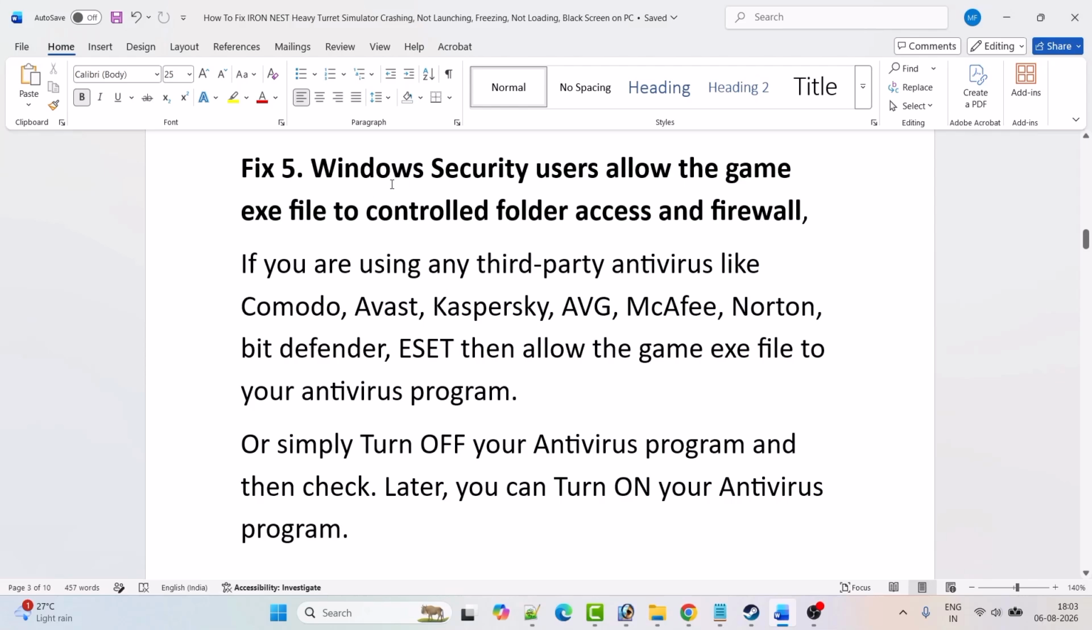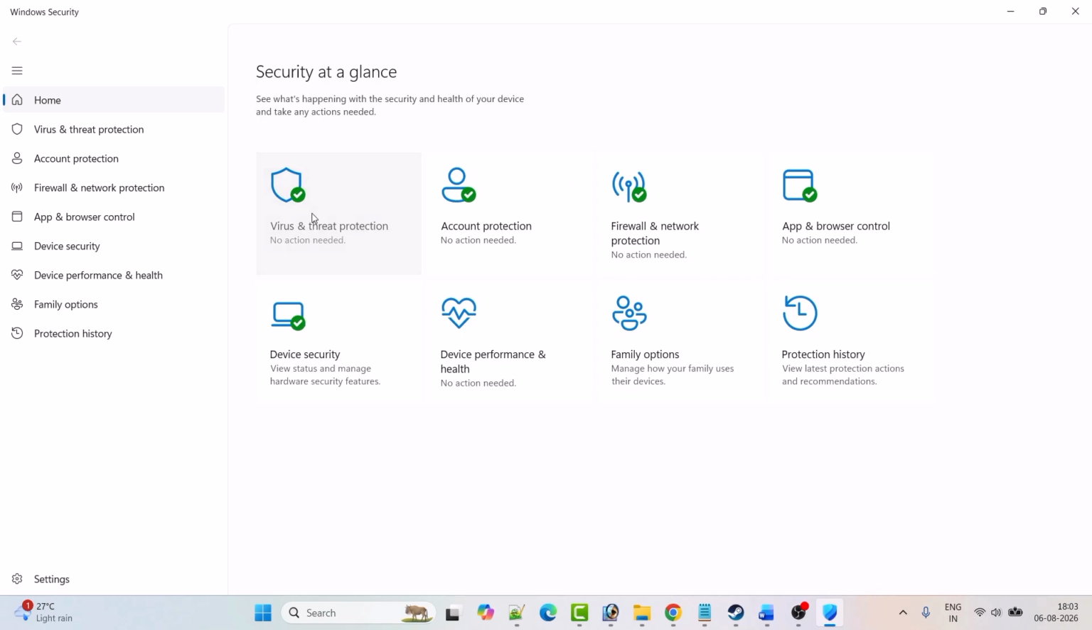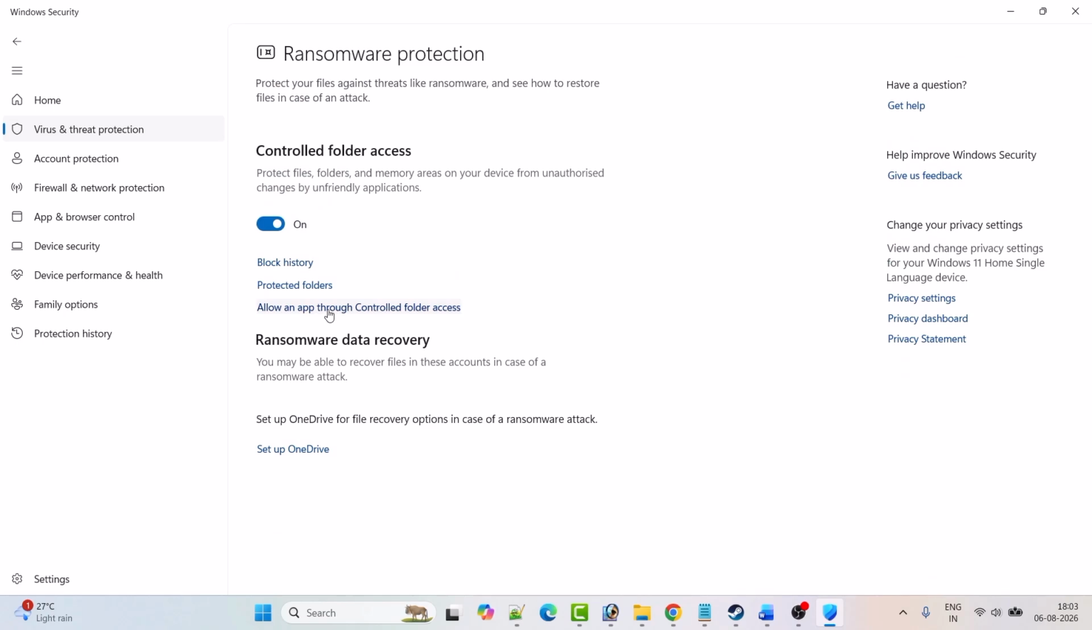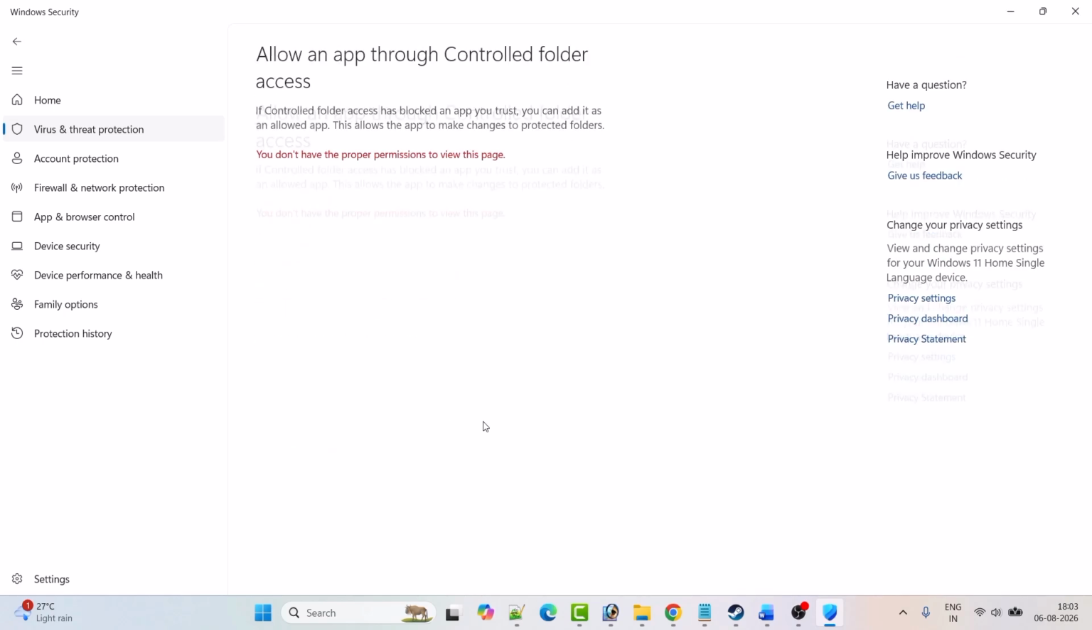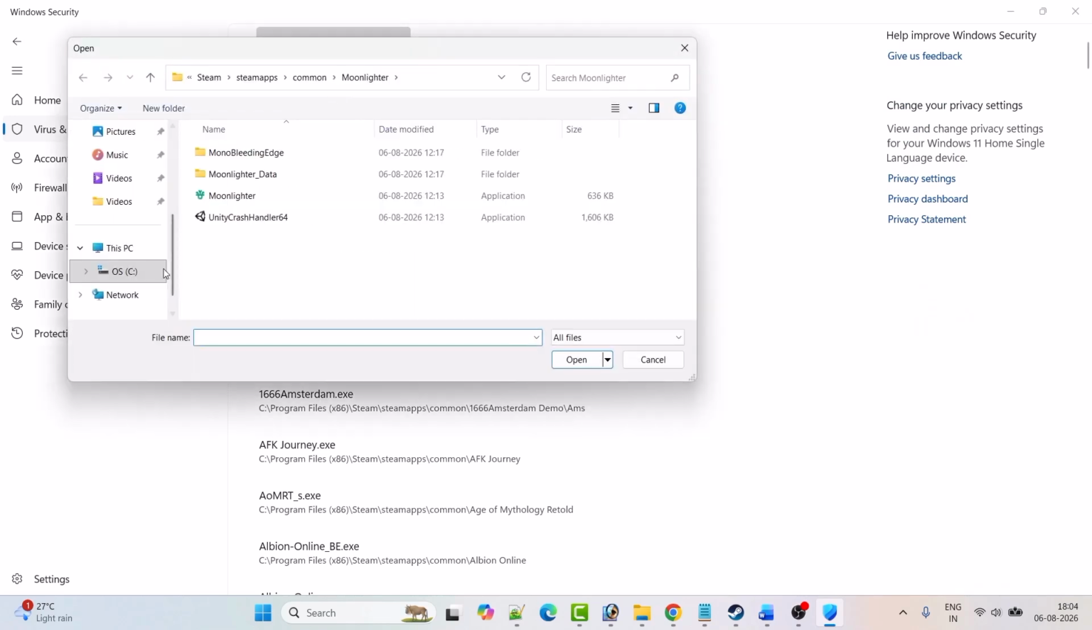Fix 5, Windows security: allow the game exe file through controlled folder access and firewall. So in Windows search type Windows security and open Windows security. Click on virus and threat protection. Scroll down, click on manage ransomware protection. Click on allow an app through controlled folder access. Click yes to allow. Click on add an allowed app, browse all apps, and then browse to the game installation